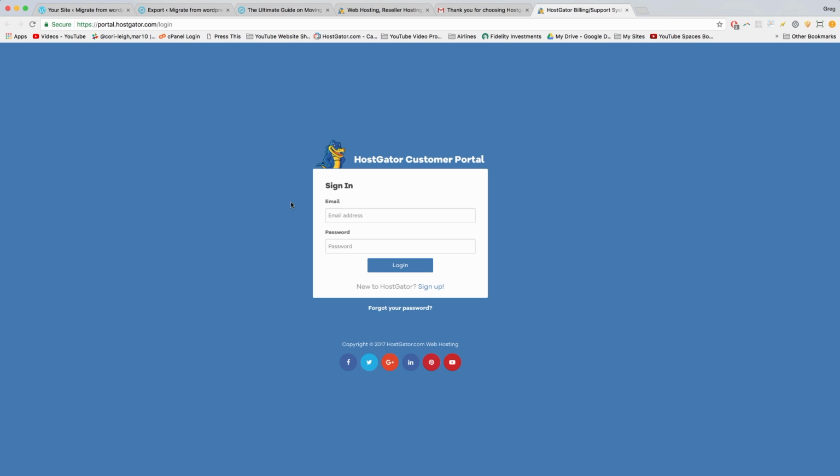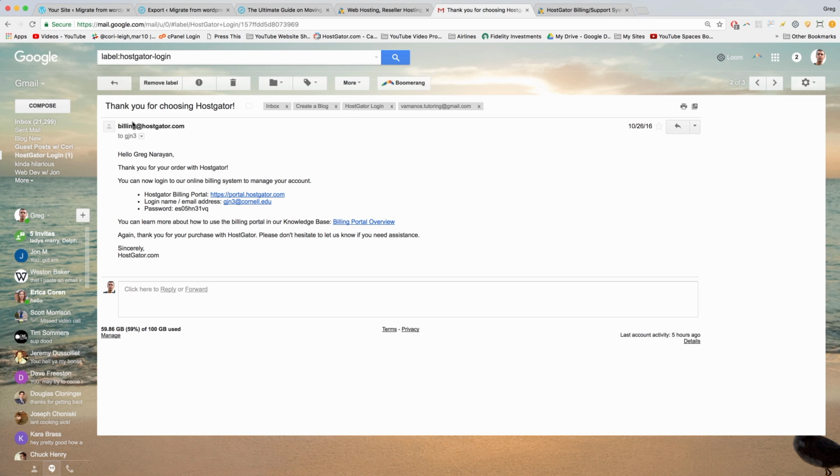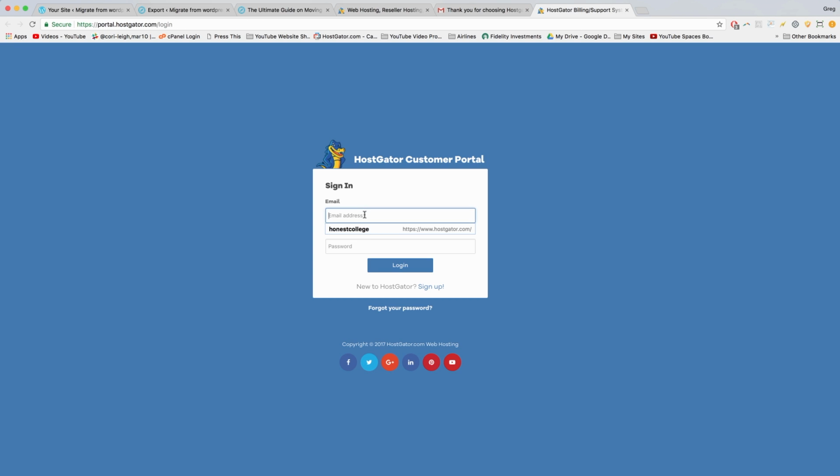Great job, and now you just need to log in. So to do the login, you're gonna get the email that it was sent to right here, which is your login name, email address, and your password from this email. Pretty simple. I actually changed mine over time, and that was an older email we're just using as an example. So this is how I'm gonna do it. Log in,